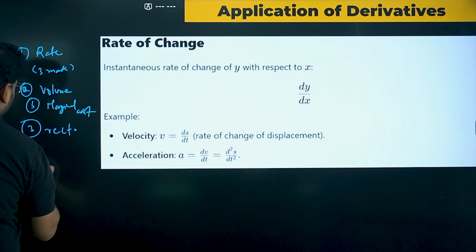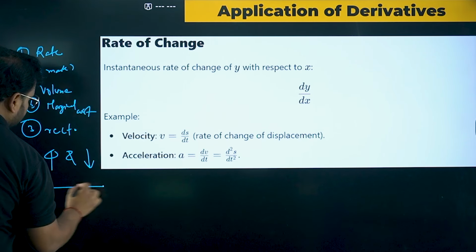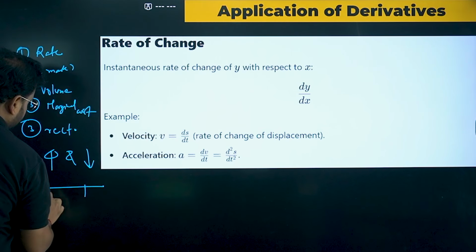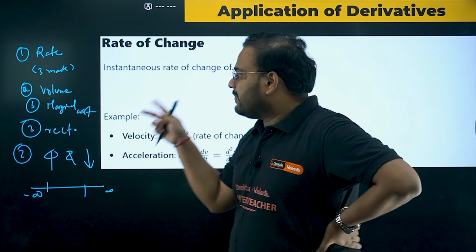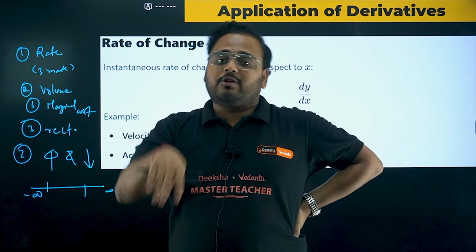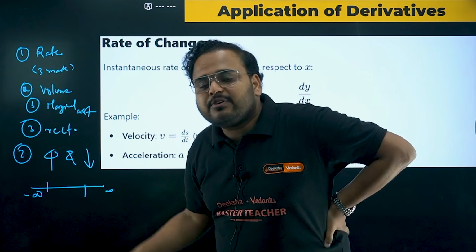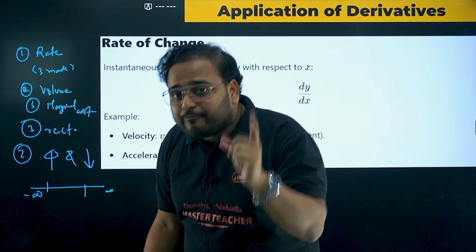The second category will be increasing decreasing function with the help of intervals. Remember, you have to plot on the number line. Those kinds of questions can also be asked. I've taught you all of this. So I'm asking you to recall right now. As a student, you don't know what to revise at the last minute. So in this video, I'm not just giving you formulas. I'm telling you what to expect in these chapters and what to revise.